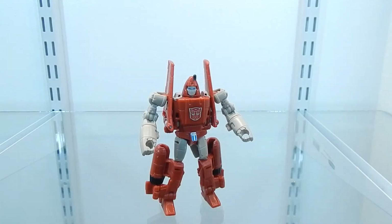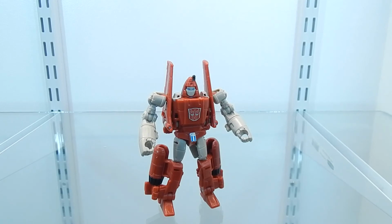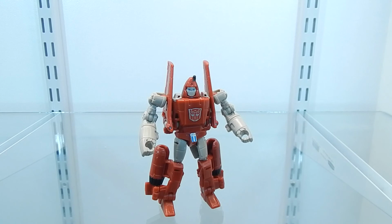And now that we have seen Powerglide transform into his robot mode and into his two alternative modes, I want to say that this is a really cool figure. It is definitely a very nice representation of the Generation 1 character Powerglide. The design is awesome and it features a very nice paint scheme. The transformation is very simple, it has a very nice articulation and the quality is great. And with this, I conclude this video